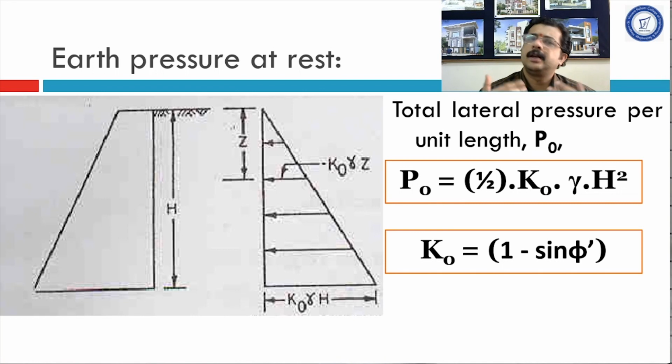So, there are very many empirical equations available to get the value of K0, out of which the equation displayed on this slide is the common equation used to find this coefficient of earth pressure at rest for cohesionless soil which is dry. It is found as 1 minus sine phi dash, where phi dash is the effective angle of internal friction. This equation is suggested by Jaky on the basis of his research and observation. There are many researchers who have suggested various formulae. This formula is applicable to cohesionless soil.